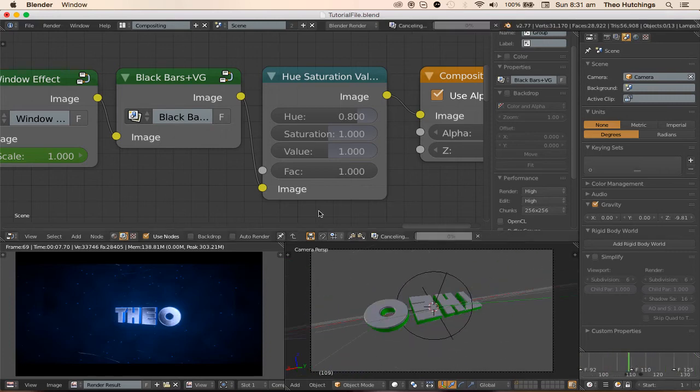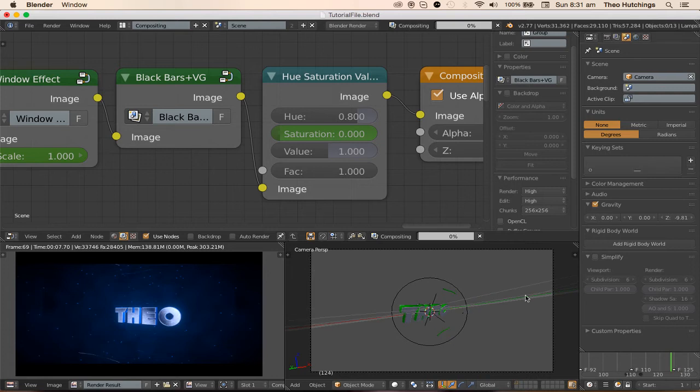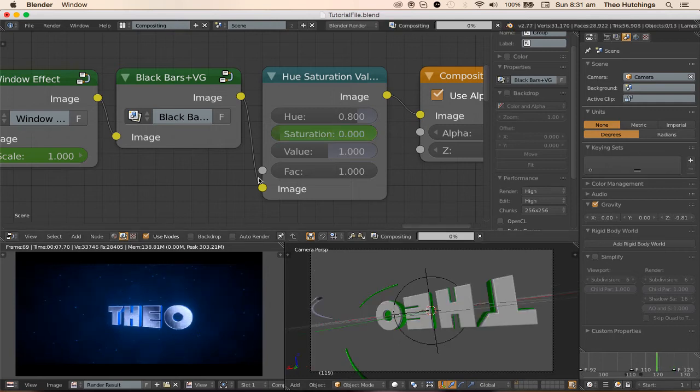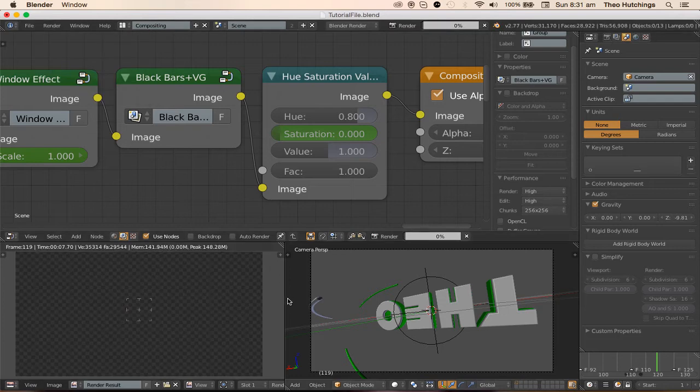Yeah, I'm gonna go one frame back, set the saturation to 0, like so, and then back up to 1 one frame later, like this. So now if we go here, and if we render this image,